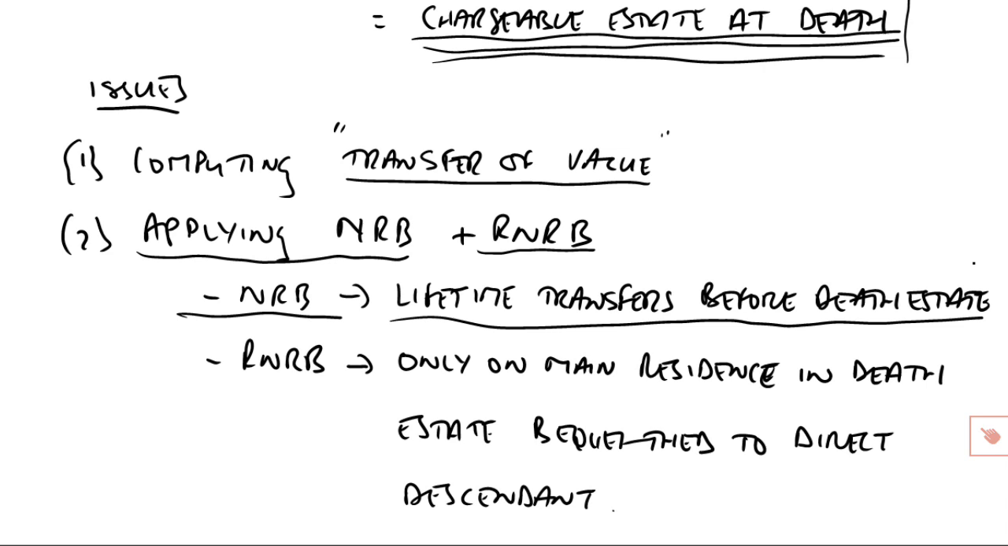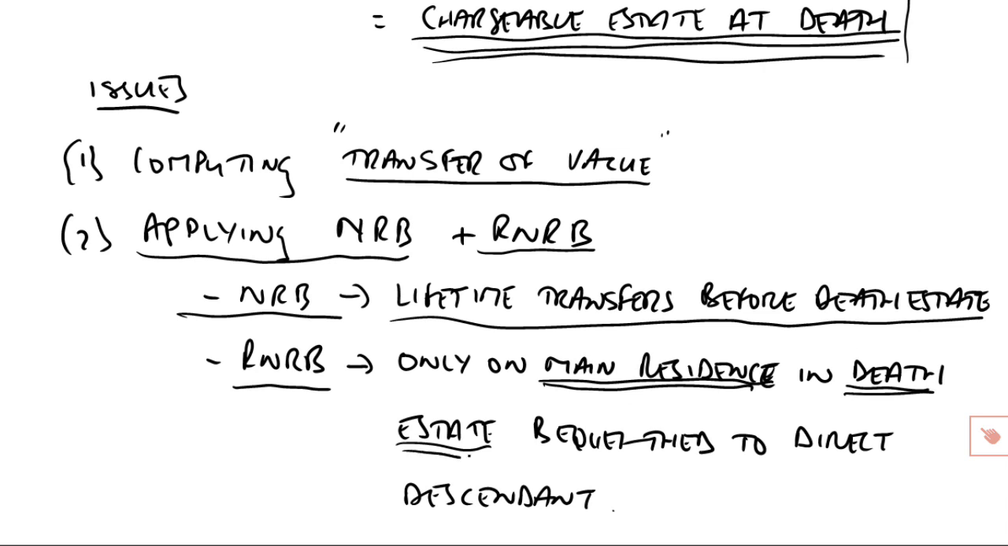But the residence nil rate band was very different. It was only available on the main residence, so there must be reference in the question to, in the death estate, that there was a main residence. So the residence nil rate band is not applicable to lifetime transfers. It is only applicable where a main residence, it must be specifically mentioned as being within the death estate, is